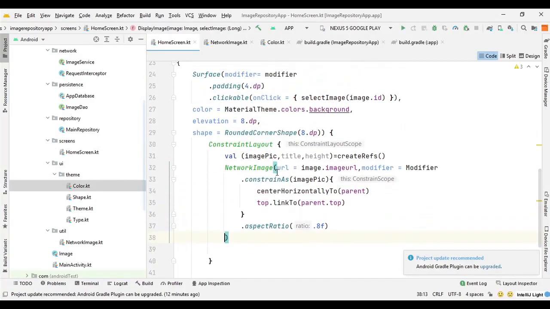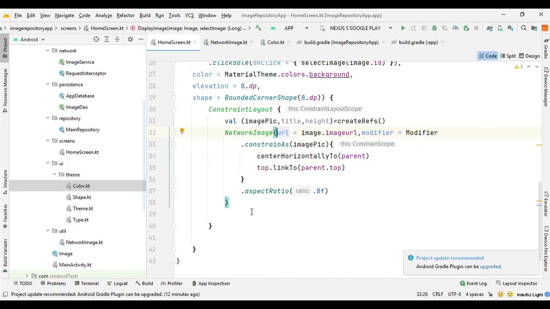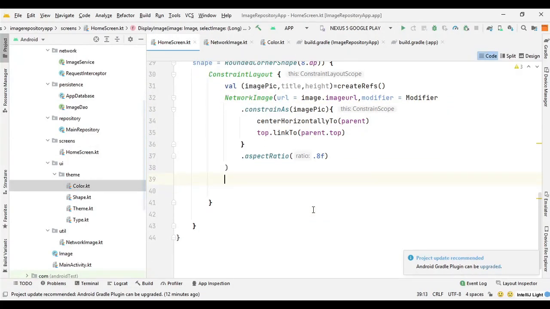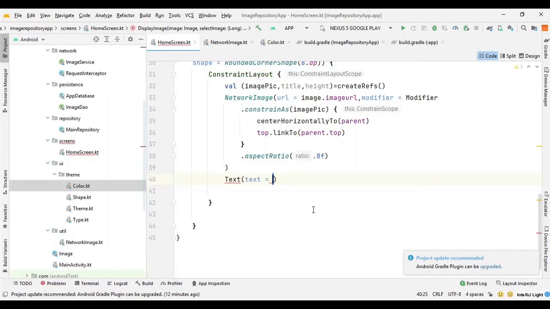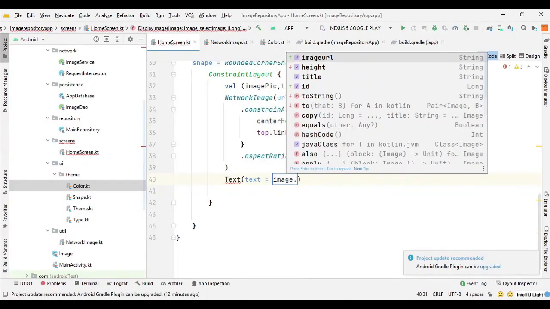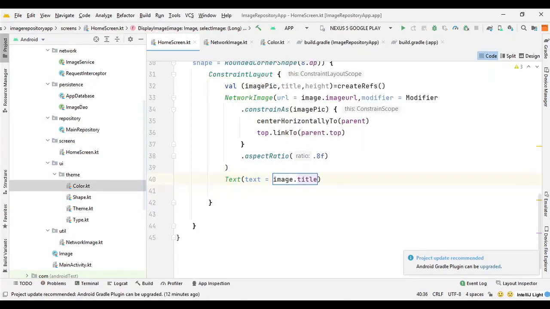So after image we need to create the constant for title. So here we can say text, and for text we can use the image dot title.